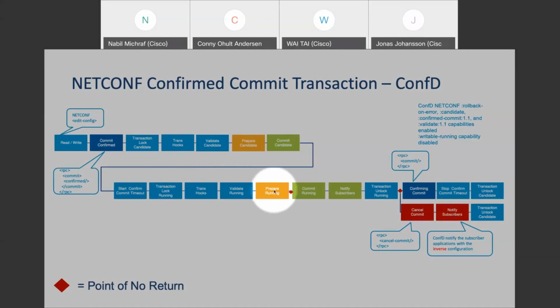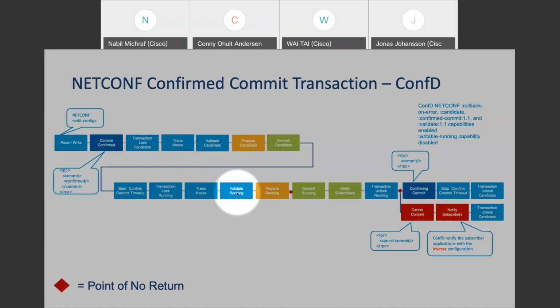You can do all these things, and you should do as much as you can with the must expressions, patterns, ranges, and then validation points if you need them, so that it can be validated already here. So nothing has been set in other devices or your device. The best thing is then that you abort it here when, for example, NSO says, okay, validate this candidate configuration. Then the second best thing is, of course, that you